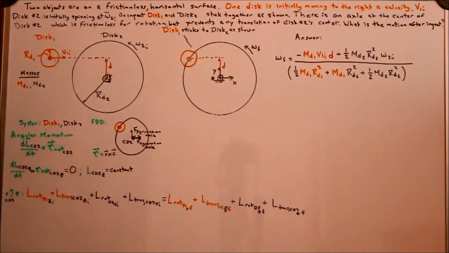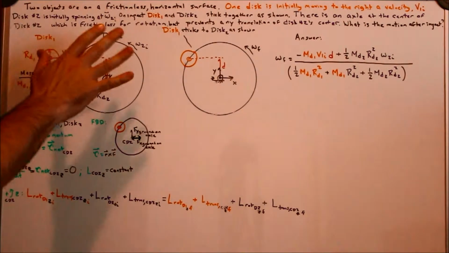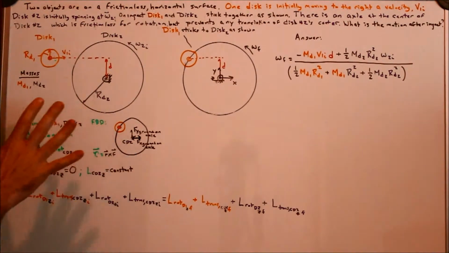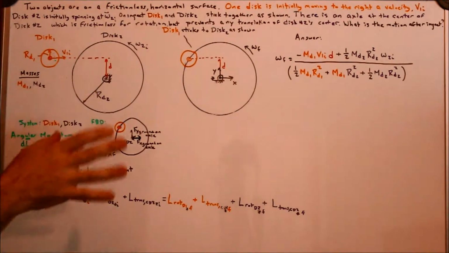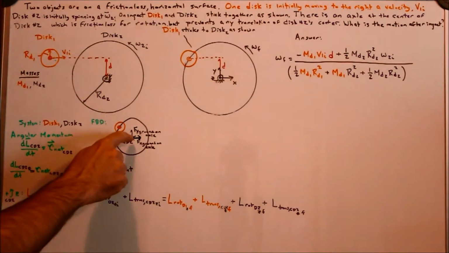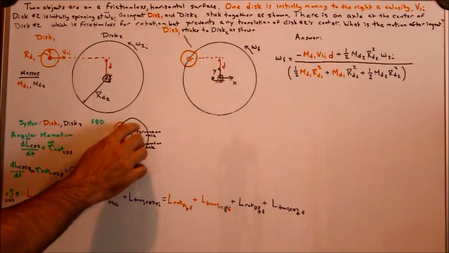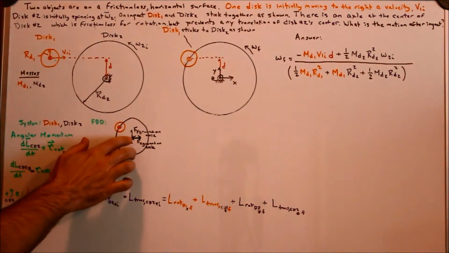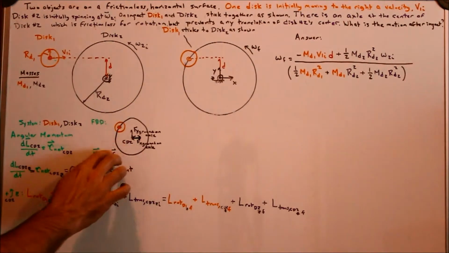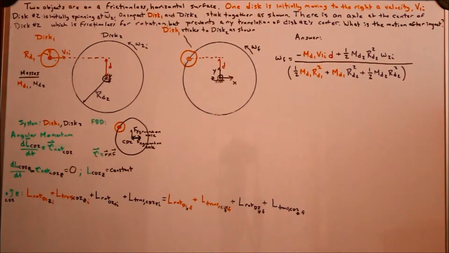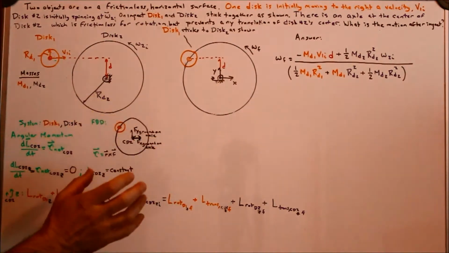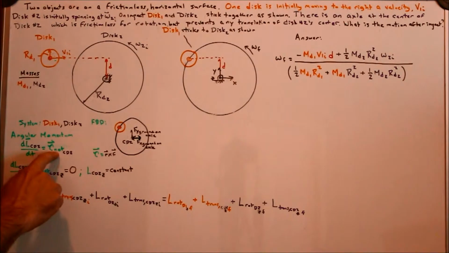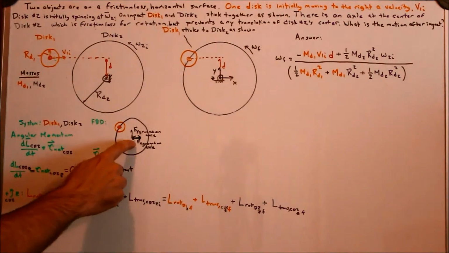So for anything that's fixed, rotating about a point, it makes sense to pick that fixed point to determine torques around, and therefore angular momentum around, because the forces at that fixed point due to the axle produce torques that are 0. Since those are the only forces acting on my system in this view, I know that the net torque around the center of disk 2